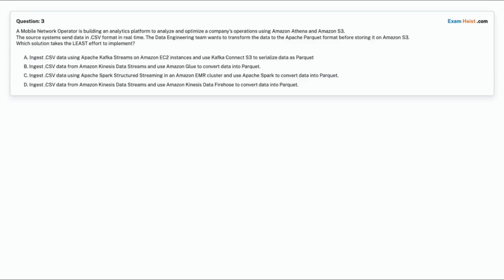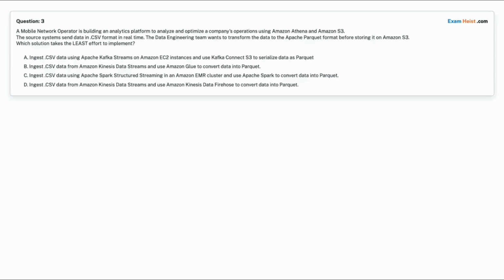Option A. Ingest CSV data using Apache Kafka streams on Amazon EC2 instances and use Kafka Connect S3 to serialize data as Parquet. Option B. Ingest CSV data from Amazon Kinesis data streams and use AWS Glue to convert data into Parquet.